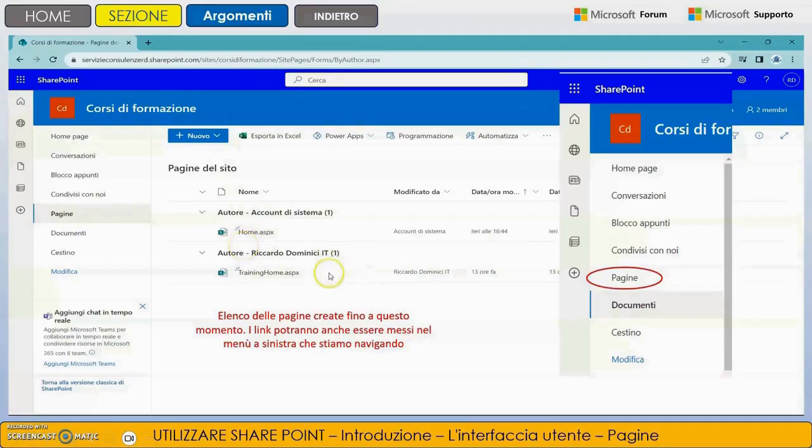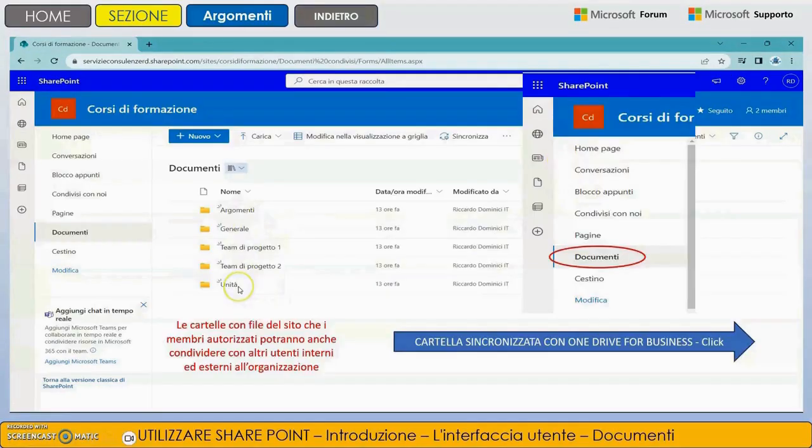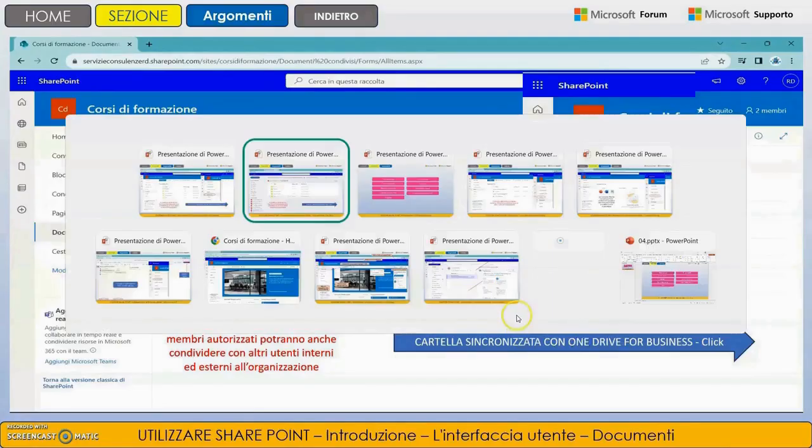Next, we have the documents. Here are all the folders created by default by the template, which are also in OneDrive. Here I opened OneDrive, and the same folders were automatically created there. So we are in the training courses. This environment was also created automatically. Here is how to navigate between Office 365 applications. We interact immediately with each other, often automatically, so without us doing anything. So let's come back here. Let's go back to the index.